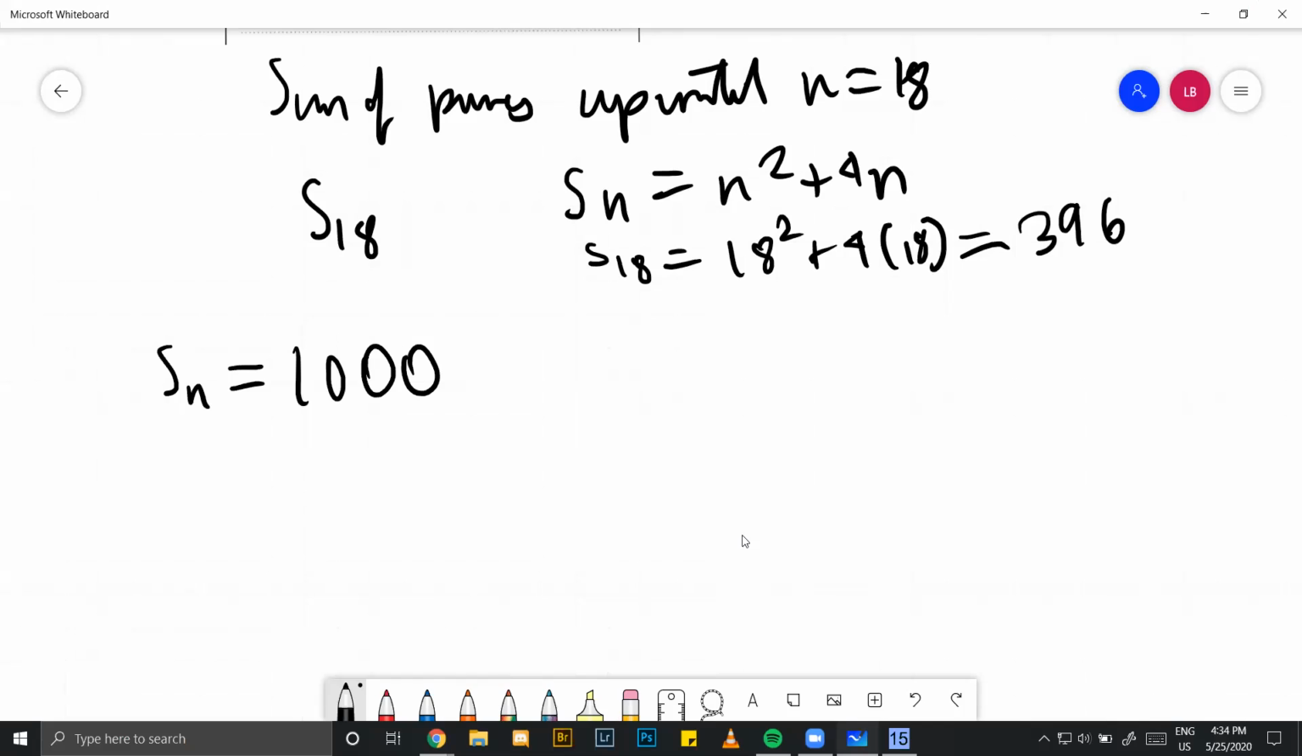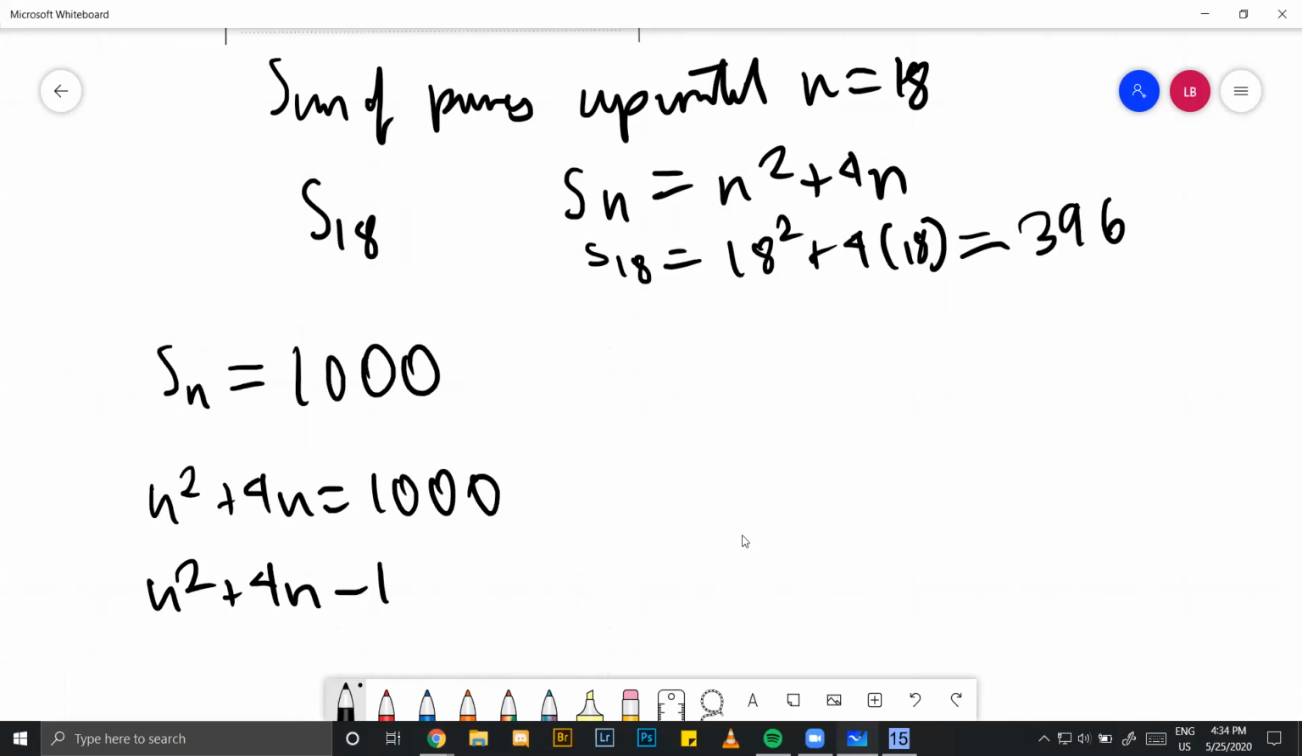Sn is equal to 1,000. Then I know Sn is equal to n squared plus 4n. So I get n squared plus 4n is equal to 1,000. Then I get n squared plus 4n minus 1,000 is equal to 0. So this is giving me